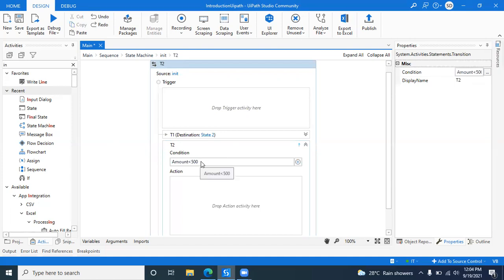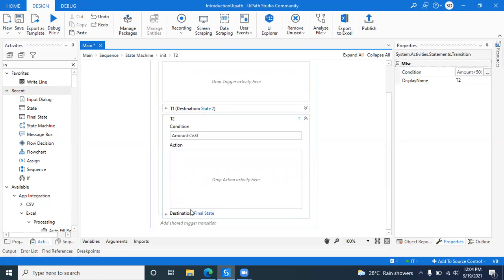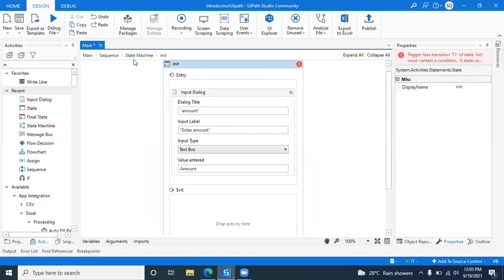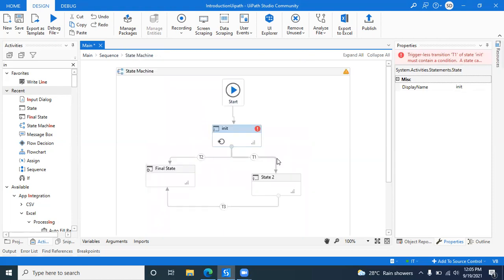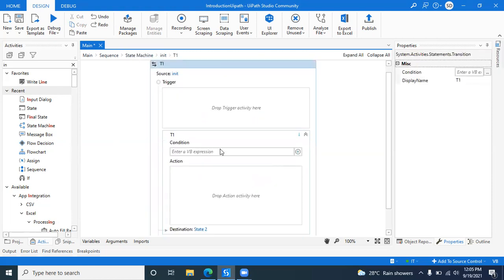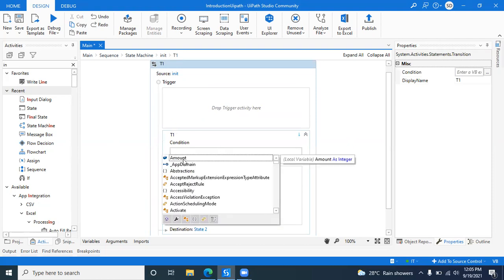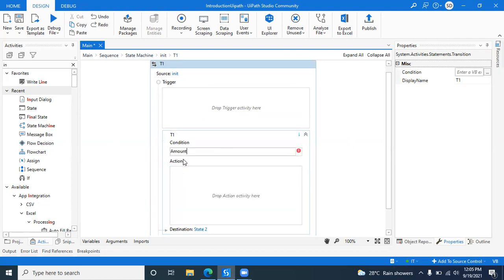If amount is less than 500, then your transition is the final state. And you can put the second condition for this T1: if the amount is greater than or equal to 500.